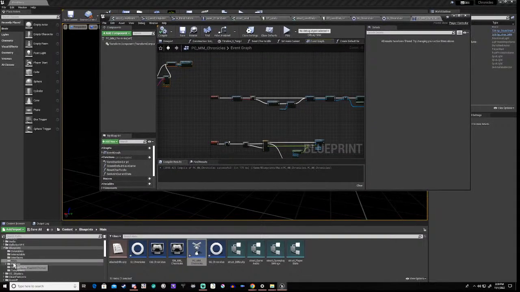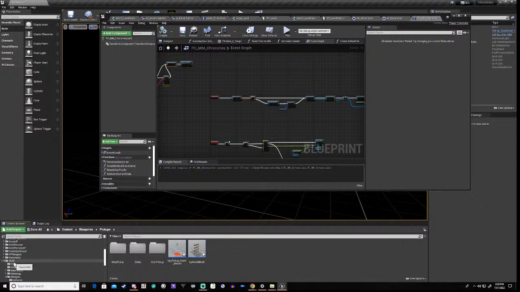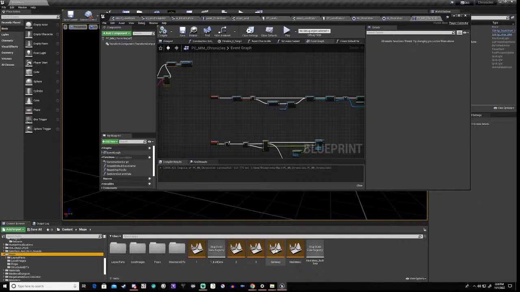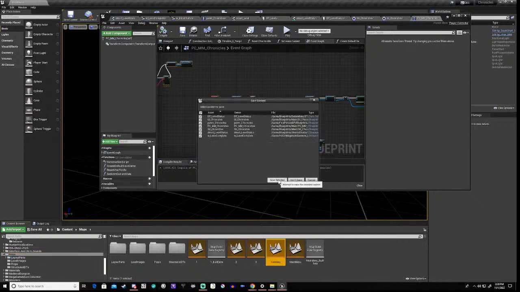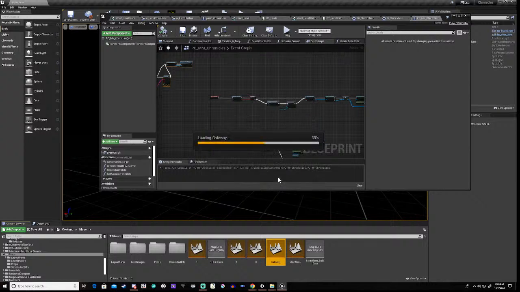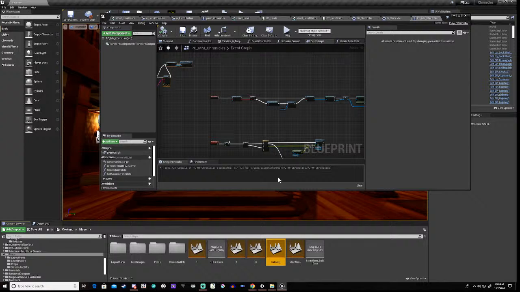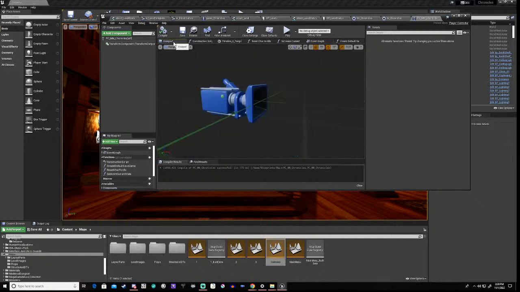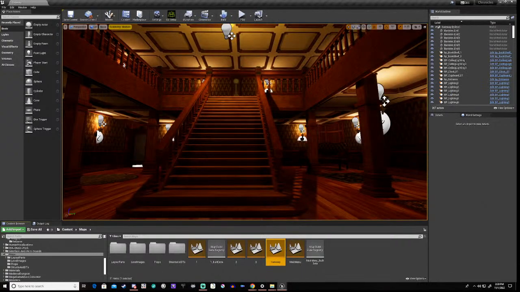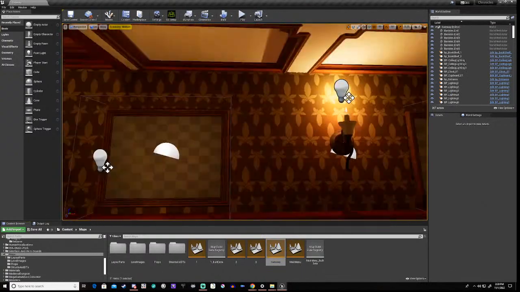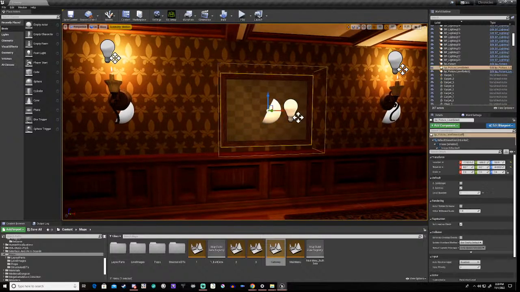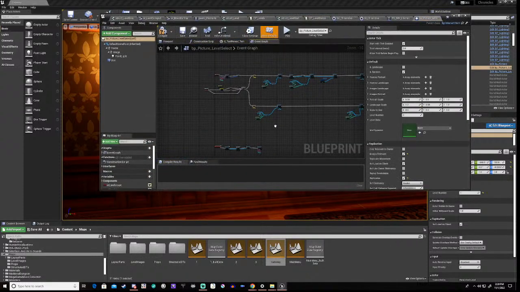Okay, so the next thing we need to do is we need to go into our maps, right, and get the gateway level. Okay, and once we've got the gateway level, if we go to the viewport, but first of all, we need to get our level select. Right, so this is our picture level,